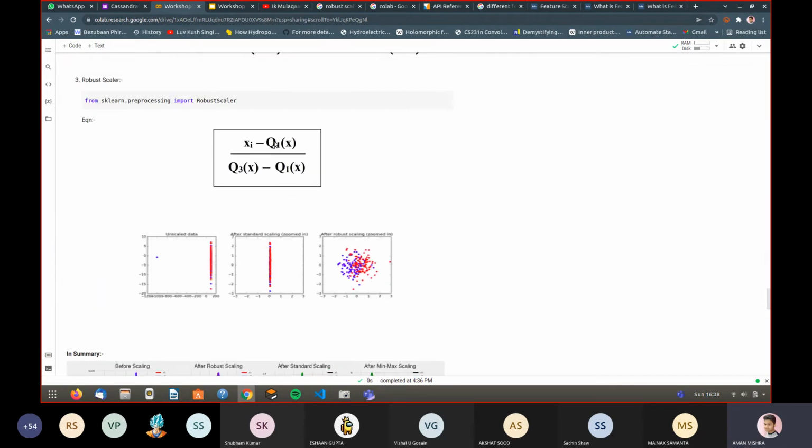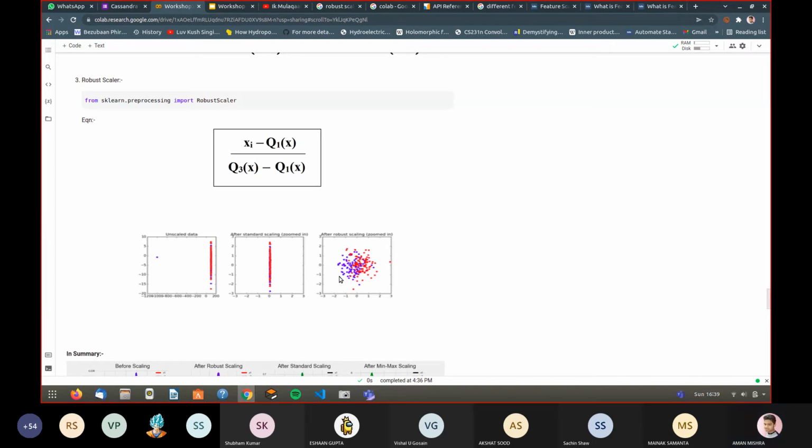And after applying, you will see that this is the unscaled data. This is the data set after standard scaling. So we need to classify red and blue ones, when the data is red and when it is blue. But after standard scaling, these points didn't get separated. You will see that we will not be able to predict what will occur. But after the robust scaler, we got a pretty decent separation to classify when red and when blue will occur.